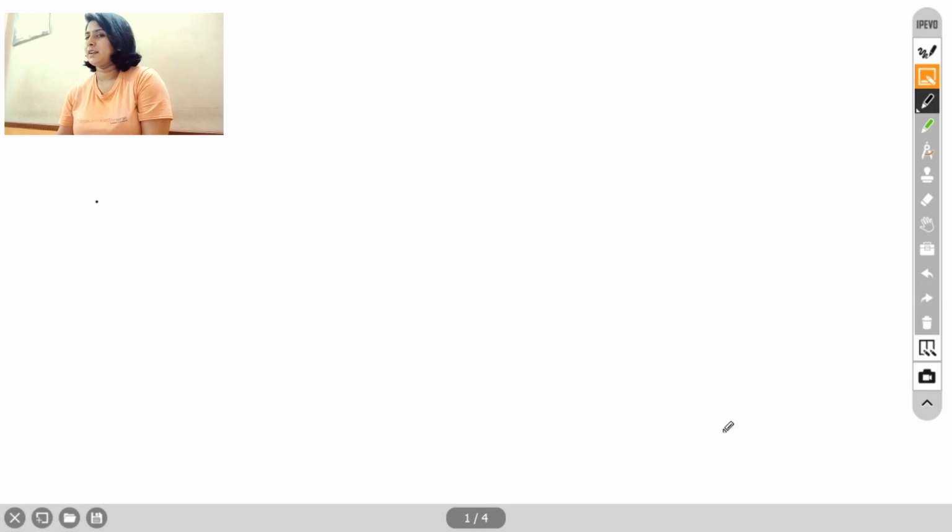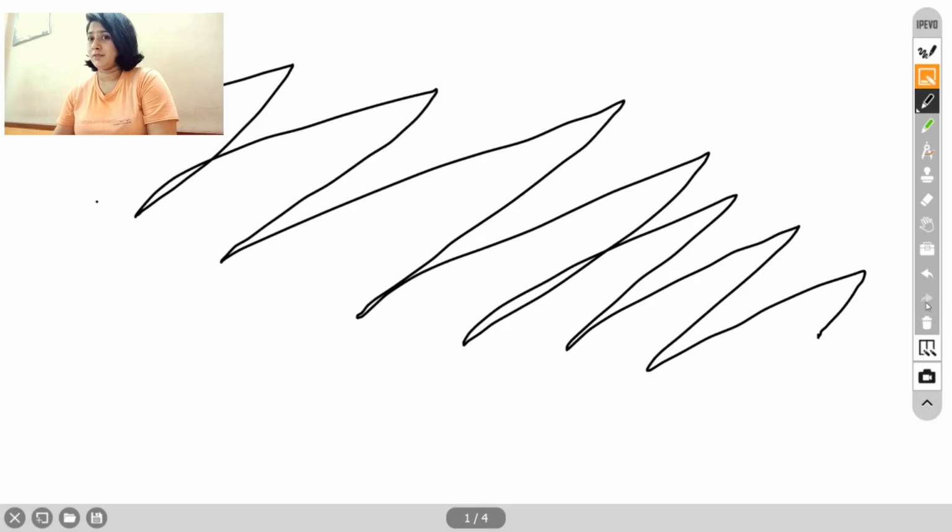What happens? It's gone. So if you write something by mistake, or you didn't want to write there, or you didn't want to make a shape, or whatever the last function you did, you can just undo it. Just like any other software you use, you just undo it. So yeah, it's a lifesaver. And if you want to redo it, you have a redo button too. So you're saved up here also.